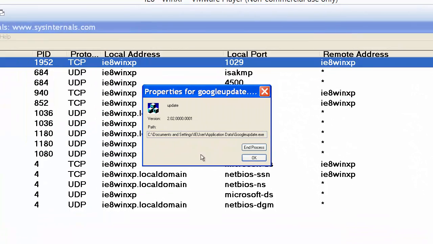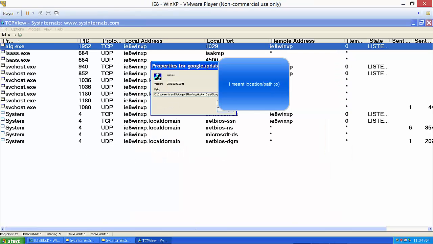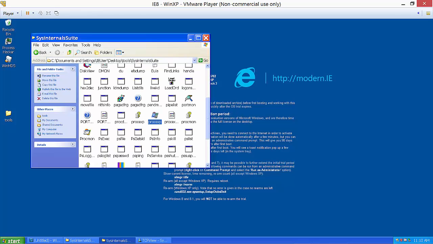If we right click here, we can actually see the destination of that executable, and it's in Documents and Settings, IE User, Application Data, and GoogleUpdate.exe. That was an easy one.